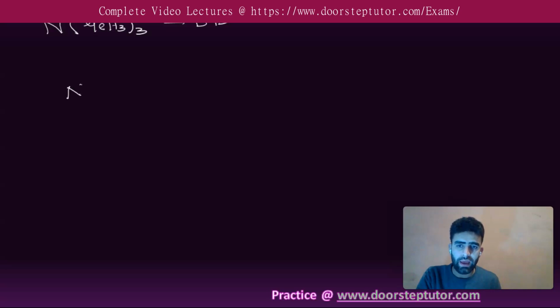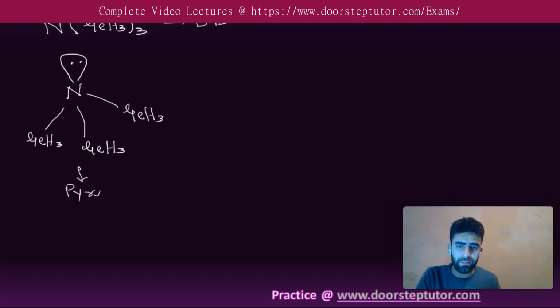Now, as expected, because of the presence of the lone pair on the nitrogen, the molecular shape of this should have been pyramidal, like this. So this molecule should have been pyramidal. Now because of back bonding, here back bonding will occur. Here also back bonding will take place. Now because of back bonding, the shape of this molecule